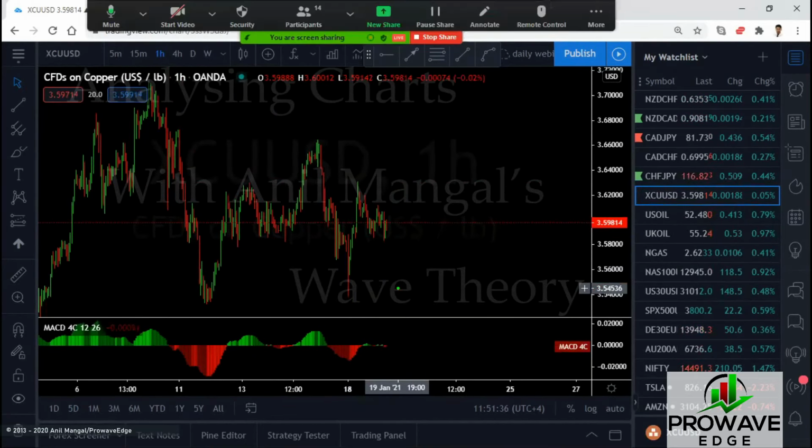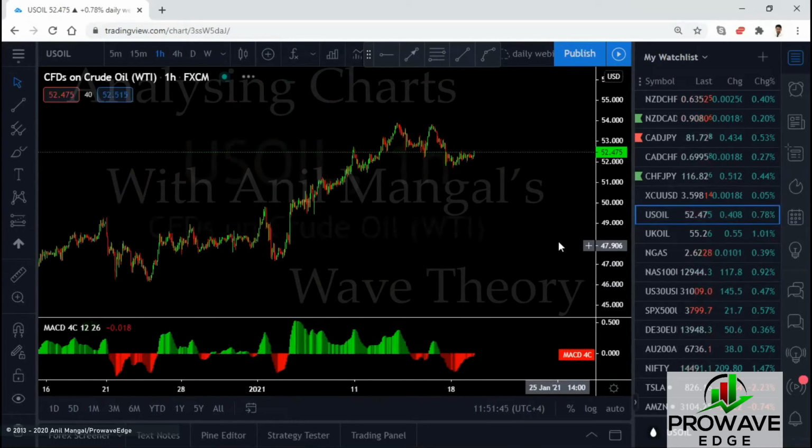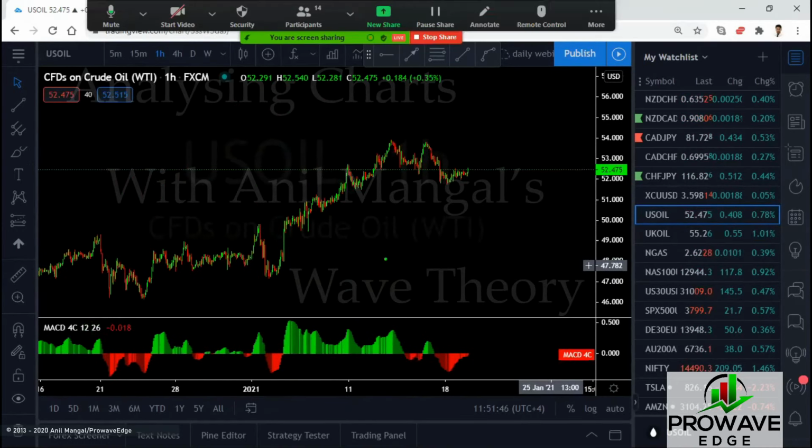Copper upside, you're getting a buy setup here. So if this breaks out, we can look for that trade. US oil. Okay, so we have again this happening, which is a consolidation, and you're getting this consolidation here. Right? If this drops, it might not go very far, but we will still take the trade.